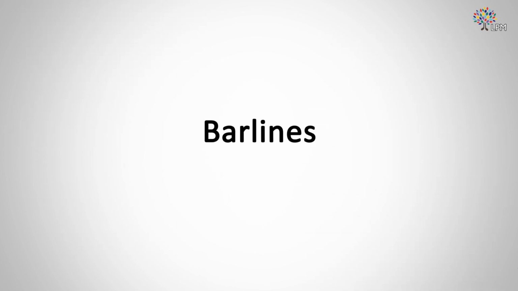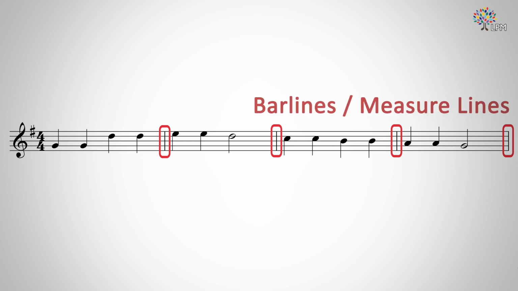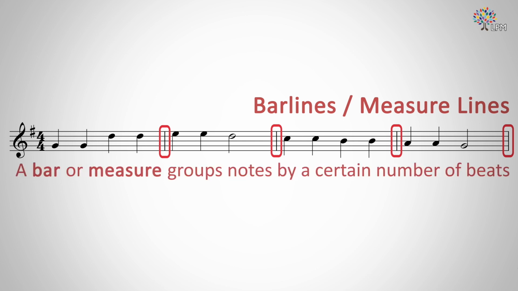Bar lines. In some of the previous examples, you may have noticed that the music was divided by thin vertical lines spaced at regular intervals, like after every fourth crotchet beat. Here's one example. See those single vertical lines that break up the groups of 4 crotchets and 2 crotchets plus a minim? These are called bar lines or measure lines. What is a bar or a measure then? Both terms refer to a box within the music that denotes a group of a certain number of beats, in